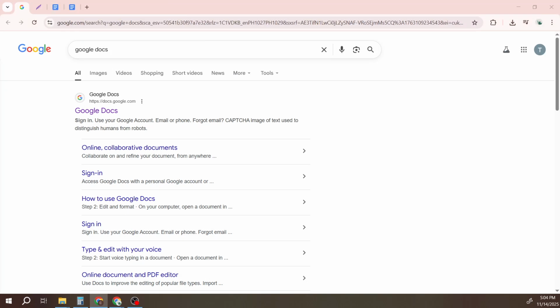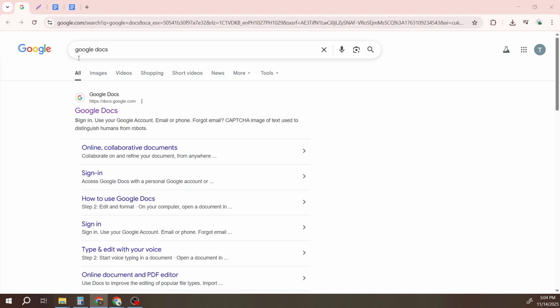In today's video, I'm going to teach you how to make room in your Google Docs dashboard. If your workspace feels cluttered and you're looking for a way to tidy things up, you're in the right place. We'll be walking through these steps in just a few minutes, so let's dive right in and get your dashboard